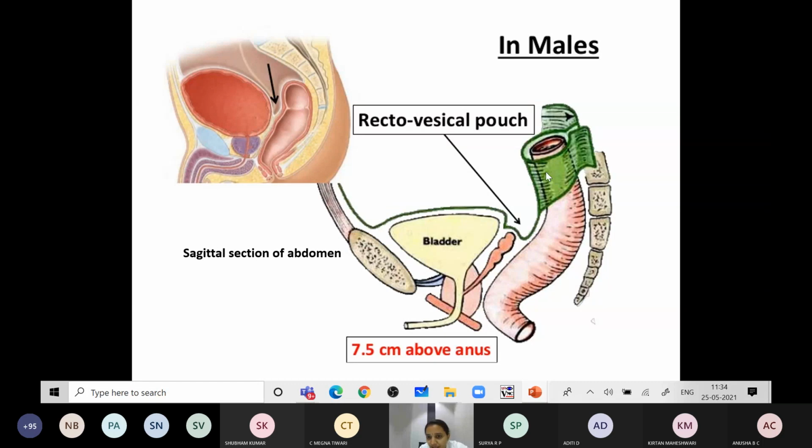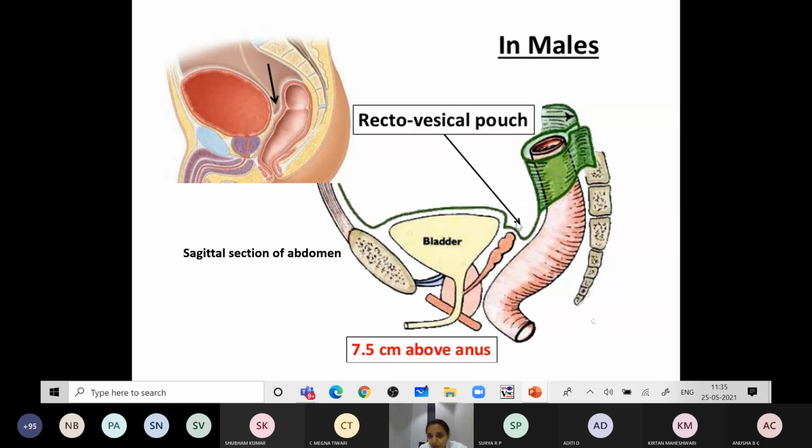It covers the front and sides of the upper 1/3 of the rectum. The lower 1/3, it covers only the anterior surface, then is reflected over the seminal vesicles, the upper part of the posterior surface of the bladder, the superior surface of the bladder, then reflected over the anterior abdominal wall till the umbilicus. So from the umbilicus we started, then traced all around through the pelvis, and again we have reached the umbilicus. Okay, this is in the case of males.